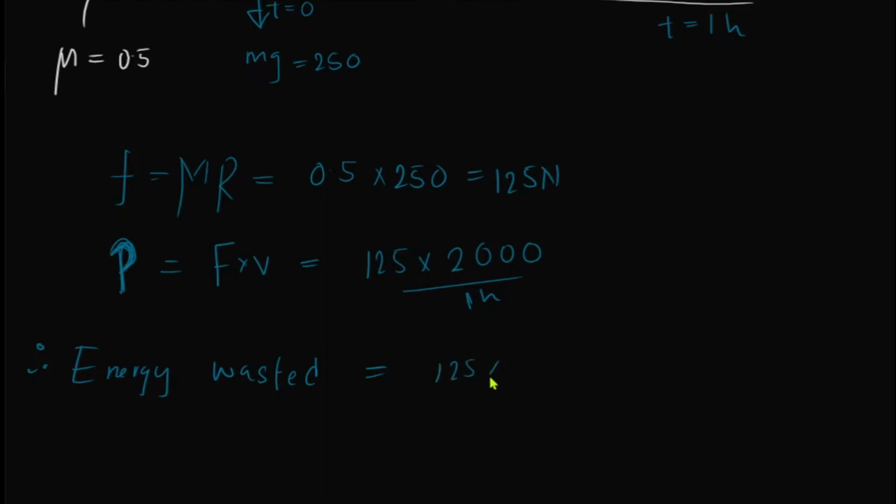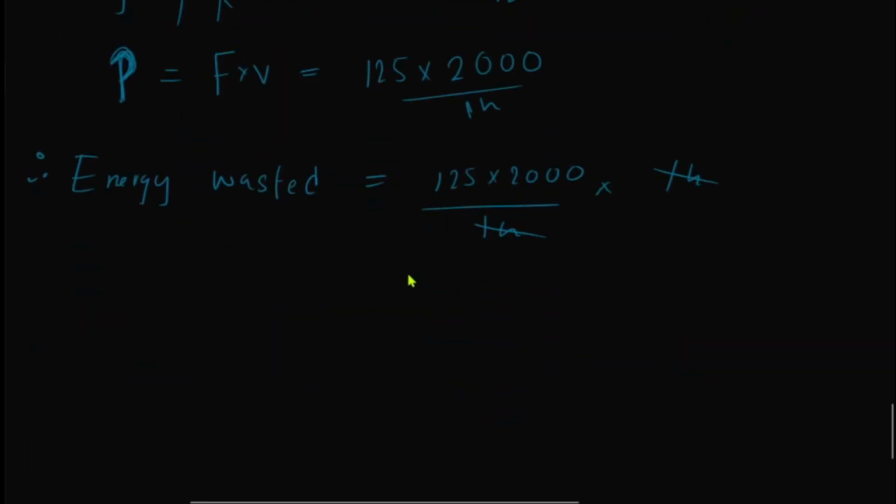So 125 into 2000 over 1 hour, the hour cancels out. P into T is given in joules. 125 into 2000 is going to be 250,000 joules. Out of this heat energy wasted, exactly half of it was absorbed